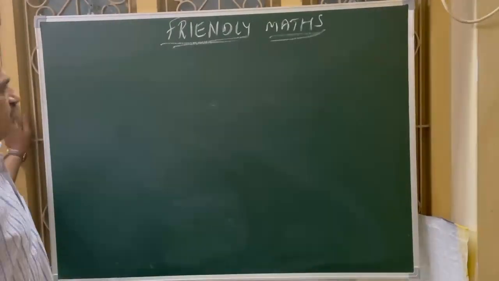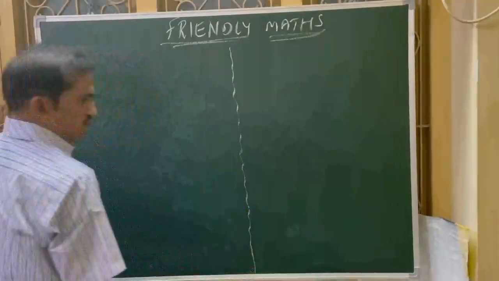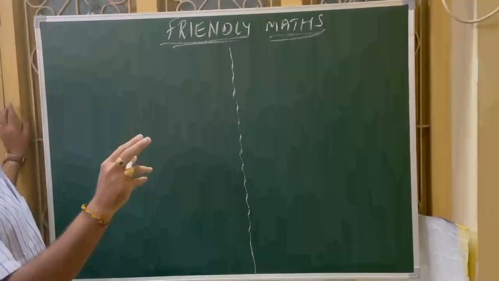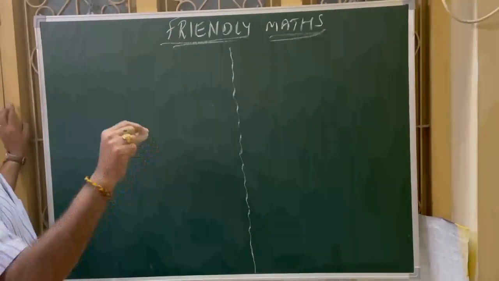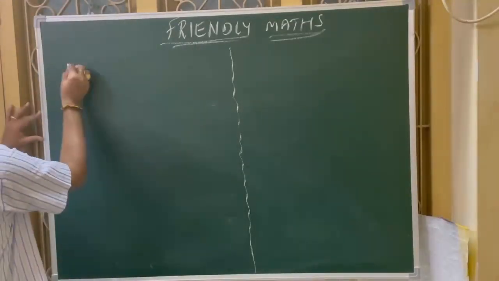Out of those two, this elimination method is a very friendly method. It is easy to follow for solving any verbal problems or any other type of problems. Those two methods we follow, particularly if we are asked to solve by those methods. Okay, now we go with one example.